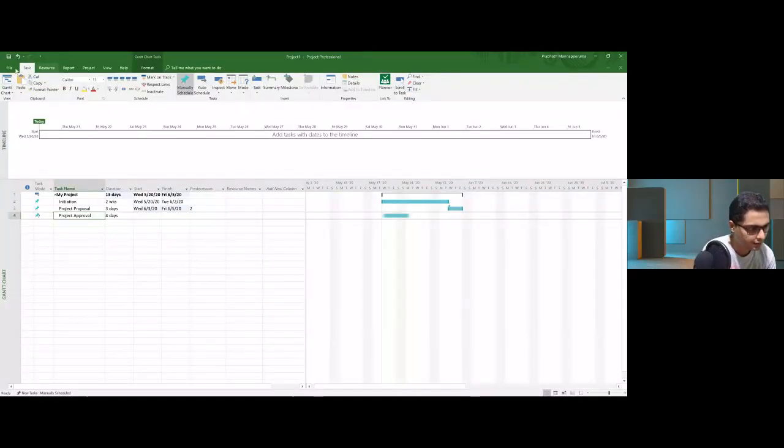So maybe I can take them to the relevant team members and try to help you. But still, I'm not sure how Microsoft Project licenses are going to be used in your university, because Microsoft Project is not part of the Office 365 package. So